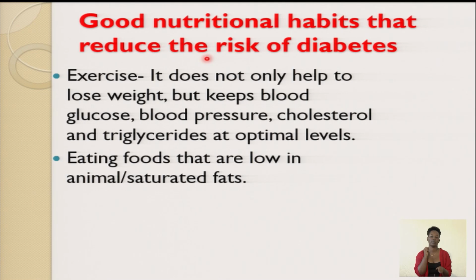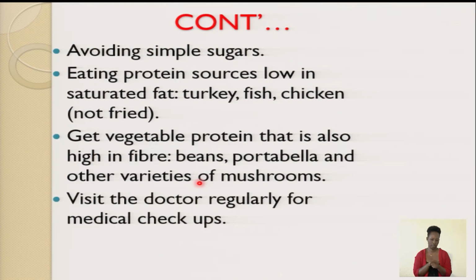What are good nutrition habits that reduce the risk of diabetes? Doing exercise, avoiding food with animal fats, eating food with unsaturated fats, avoiding simple sugars, eating protein sources, getting vegetable proteins, as well as visiting the doctor regularly